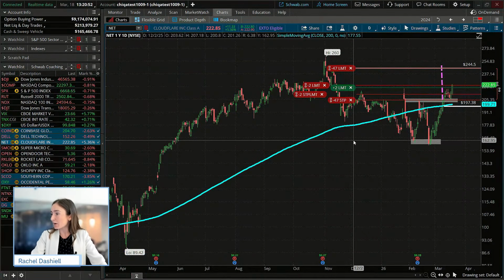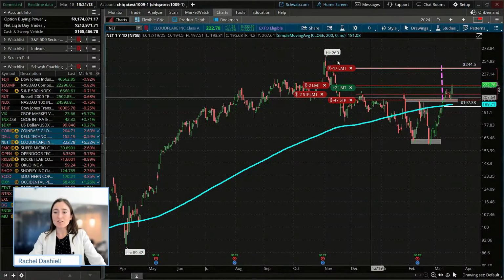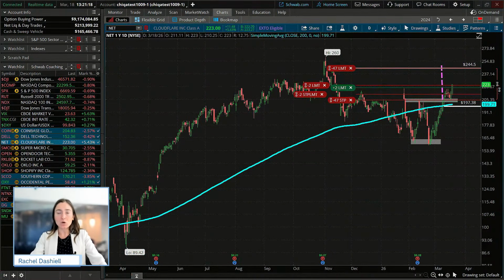I like that feedback because I think if we can get some good setup scans, maybe give you guys some ideas to narrow things down, I think that would help as well. I think one of the most powerful things though is getting the practice and using that perfect little set of eyes that you guys have there and trying to find these formations on different time frames too, because these patterns are going to show up on every single time frame. So I think maybe having a repeatable process like that as well will definitely help.